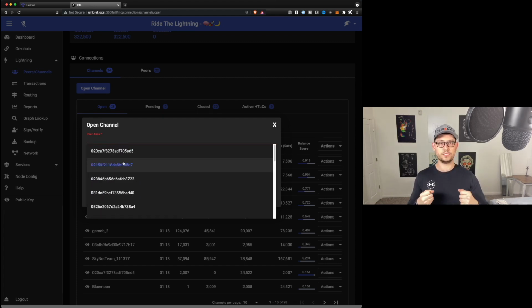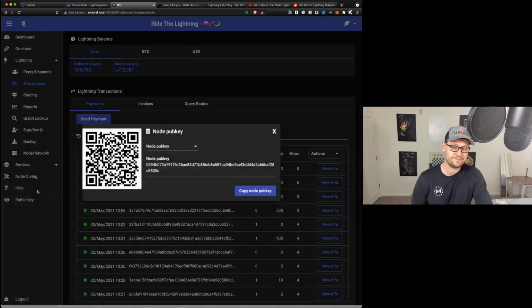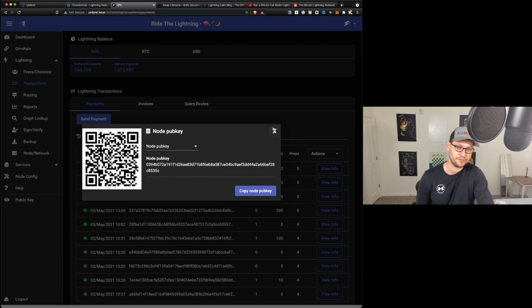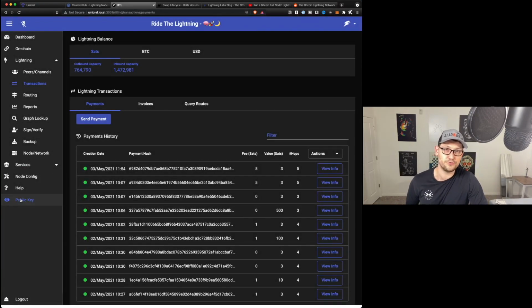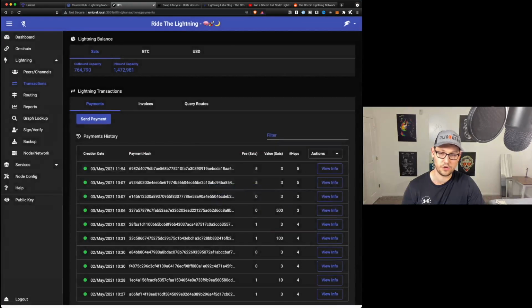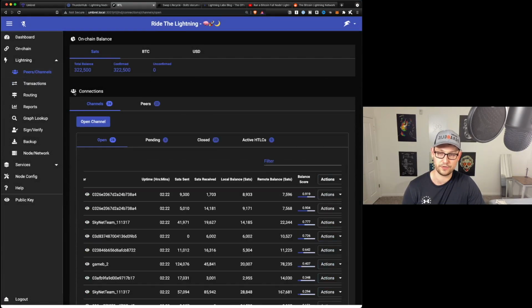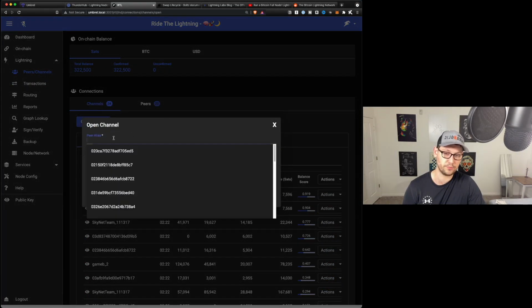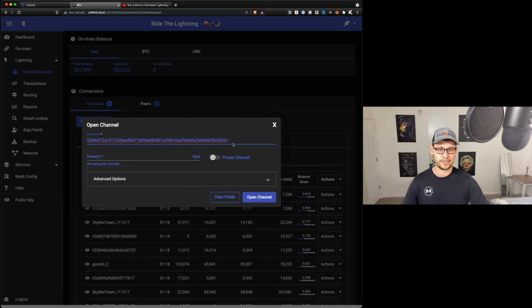But if you wanted to connect with someone new, all you're going to need is their public key, which you can find if you go down here on the left-hand side. If you want to send someone your public key, you can just click public key and then send them this public key, right? And that public key is what they would use to open a channel with you here on peers and channels. You'd say open channel, put in your public key here. And so if I wanted to connect to myself, I would put this here and I would maybe open a